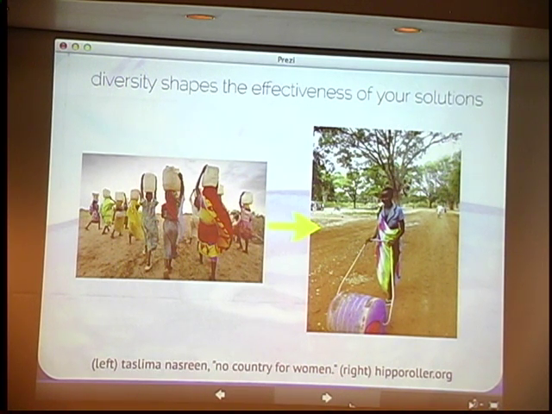This again, a really cool example. It's called the Hippo Roller. Originally, I actually can't remember what it was originally called, but if you go to hipporoller.org, you can find this website. This is a company that was started by two South African men. And if you're not familiar,